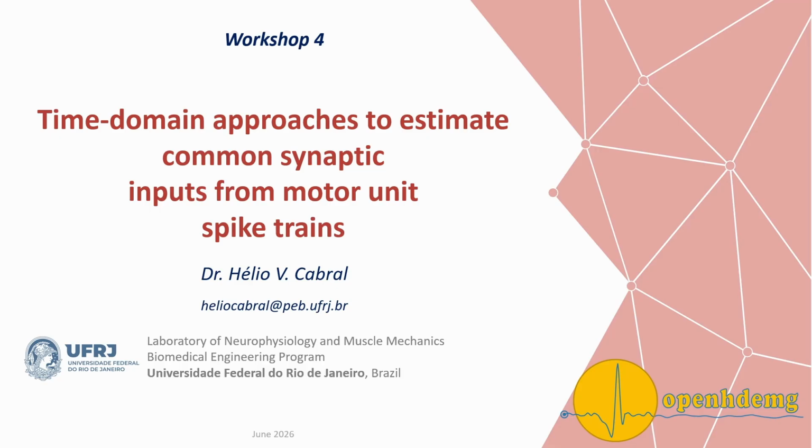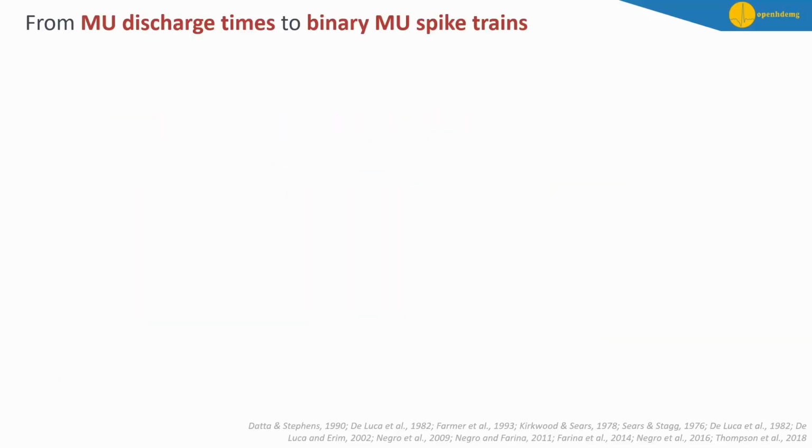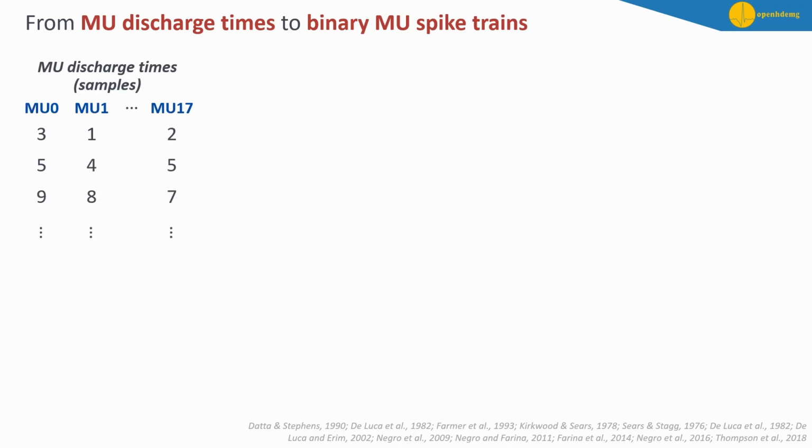So how changing some parameters can affect the estimation, and we will do that directly in the code using the library. Okay, so just before I cover these two main time domain techniques, so that we are all on the same page: for all the approaches we will show, we always start from the binary motor unit spike train. And what does it mean? Regardless of the approach,